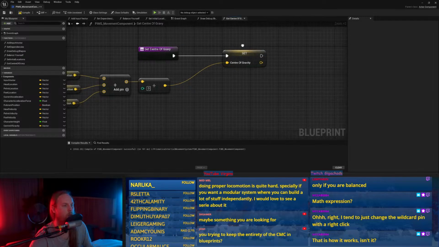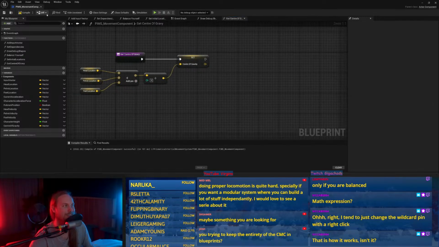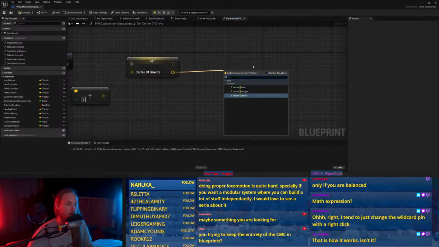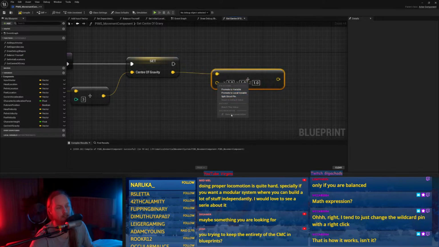For example, if I did this divide with the old one, it would always default to vector, but then I could change it to the other type.